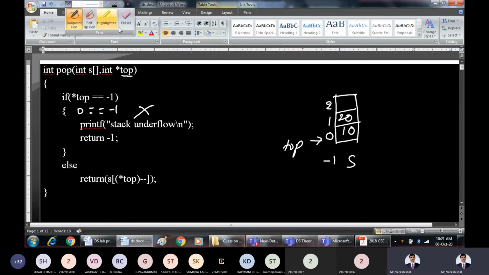So sorry, I could not delete it here. I'll delete it here for understanding purpose. It has been deleted out. Let's go for the else part now. First use this. So what is top value?